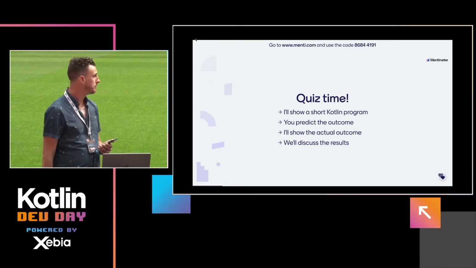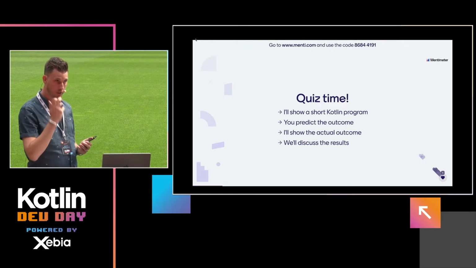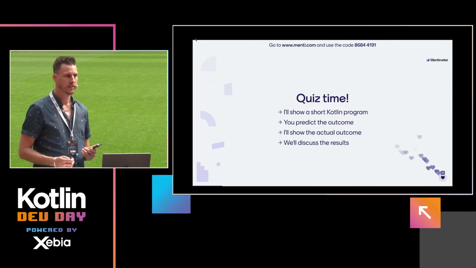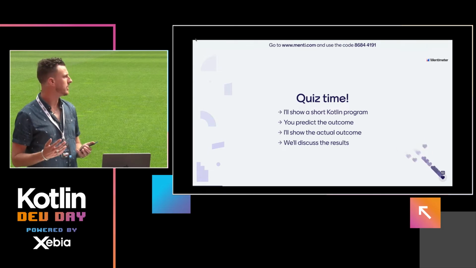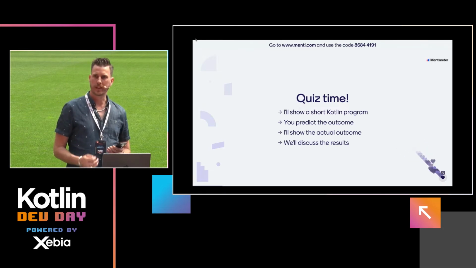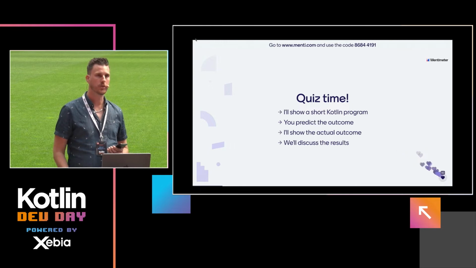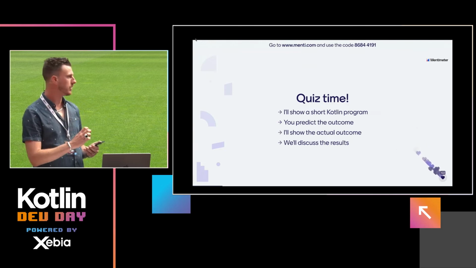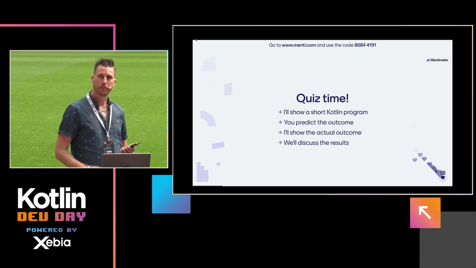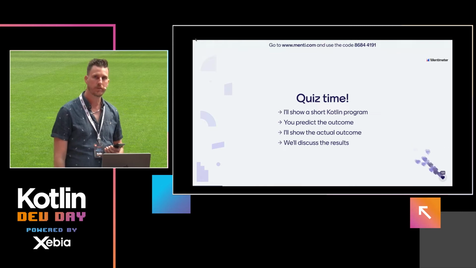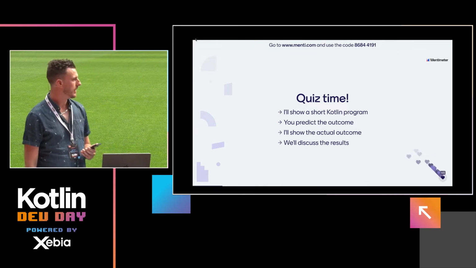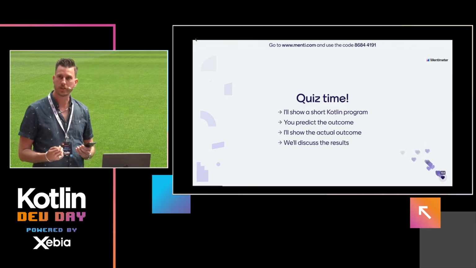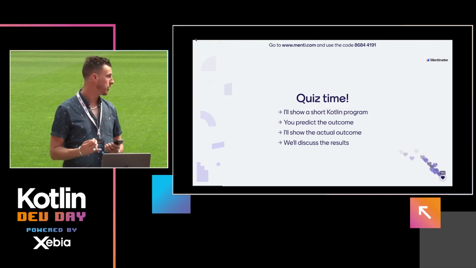So it's almost quiz time. I will show you 7 short Kotlin programs, and the idea is they show some, let's say, curious behavior. So it's your job to predict the outcome of the programs. When I start the quiz, on your phone there will be a snippet of code. You get 4 options to choose from. Only one of them is correct. You have to think carefully, but also not too long, because the faster you answer correctly, the more points you will score.